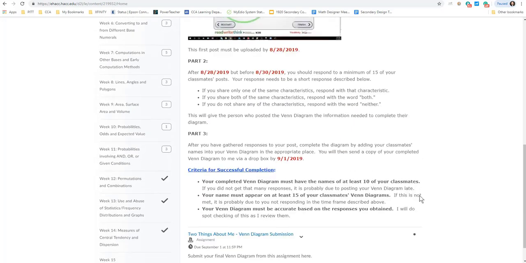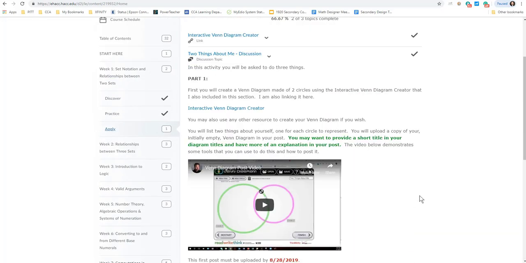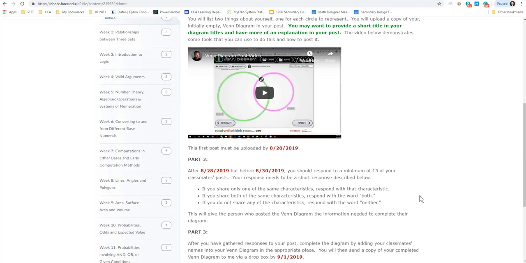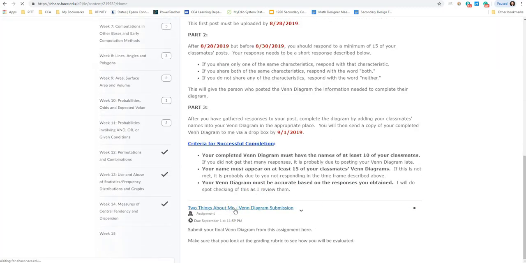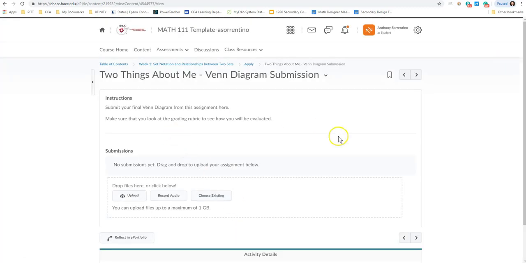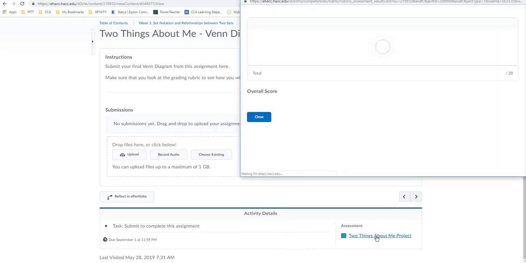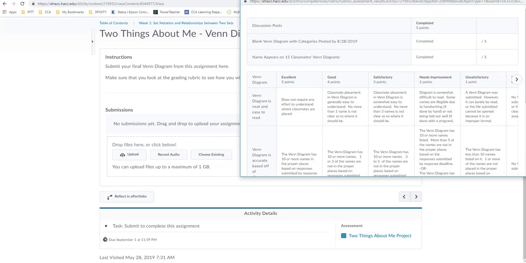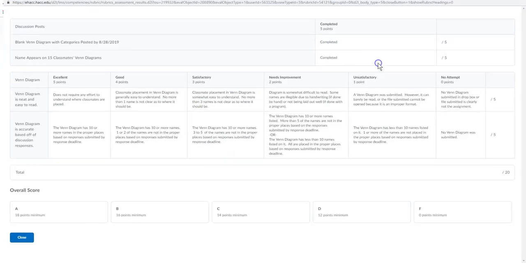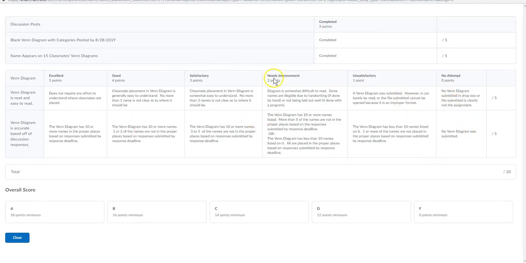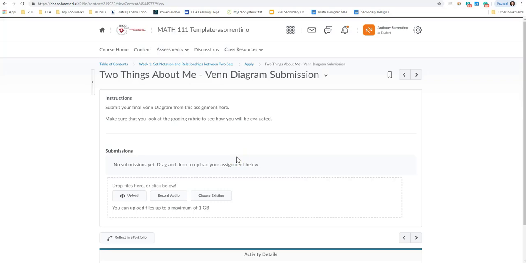And each time you have a project or a graded discussion, you are going to have a rubric. Just keep in mind, it's going to be on the submission part of this. As you can see, there's a project here. The rubrics are always available. Make sure you make use of them because it lets you know exactly what I'm looking for and how you're going to be graded. And so there's those rubrics, and those will all be provided to you as well. That's the general